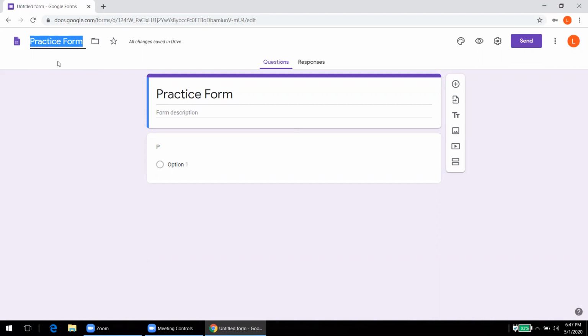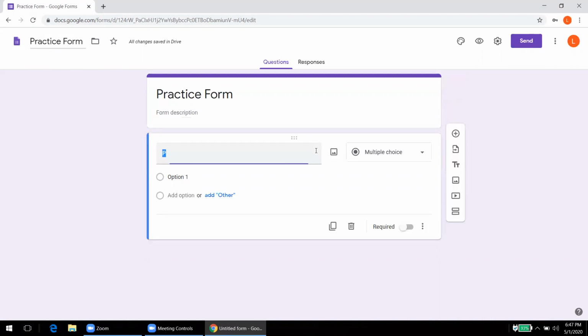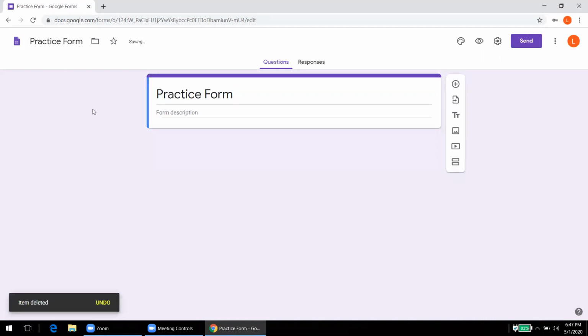Now one very important good function of Google Form is that we do not have to save anything anytime. Here it is written, all changes are being saved automatically. Every change we make is saved within seconds. So even because of any technical glitch, if our internet goes out or if the light goes out or whatever happens, we do not need to worry. We don't have to do anything. It is automatically saved.